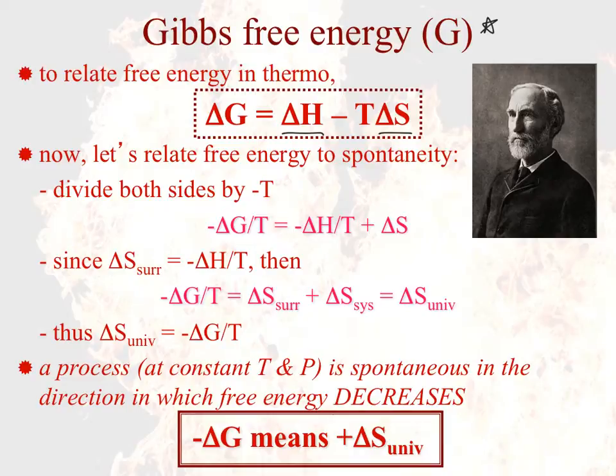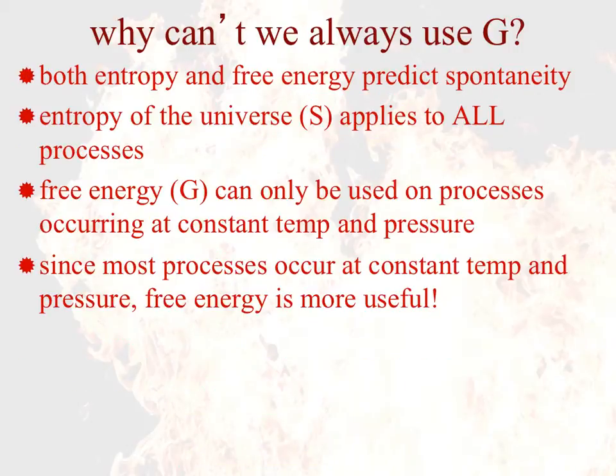So now that we understand the relationship between our entropy and our Gibbs free energy, we can look at some details associated with Gibbs free energy. What are some considerations to think about? Well, both entropy and free energy, so your delta S of your universe and your delta G values, are able to predict spontaneity. The more positive your entropy value, the more likely your reaction will be spontaneous. In that same way, the more negative your free energy value, the more likely your reaction will be spontaneous. So what you need to know is that the delta S of the universe applies to all processes,